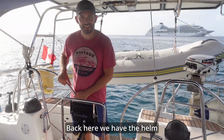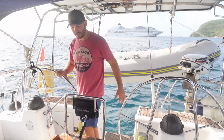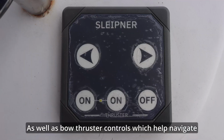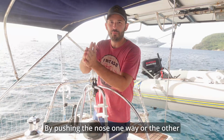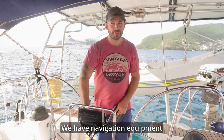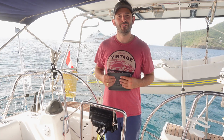Back here, we have the helm. On this boat, we have a dual helm, which means a steering wheel on either side of the boat. We've also got throttle controls for the motor, as well as bow thruster controls, which help navigate in very tight areas or in a marina by pushing the nose one way or the other. Here on the back of the cockpit table, we have navigation equipment. We have a chart plotter, we have a depth sounder, speedometer, a wind reader, as well as the controls for